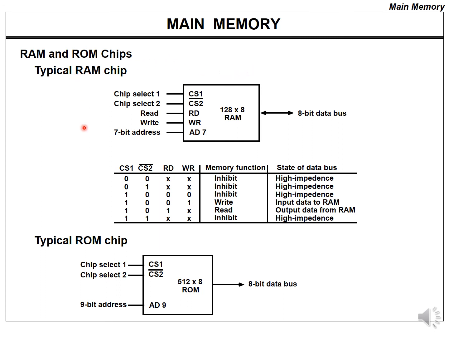So now I am using a slightly different design of the RAM chip and the ROM chip. Here I am using two chip selects, chip select 1 and chip select 2. I am using separate read and write lines, and I am using the address lines, and the data lines are obviously there. Why am I doing it? For the simple purpose of simplicity, to be able to explain to you how memory devices can be connected to each other. But all this in the next lecture.